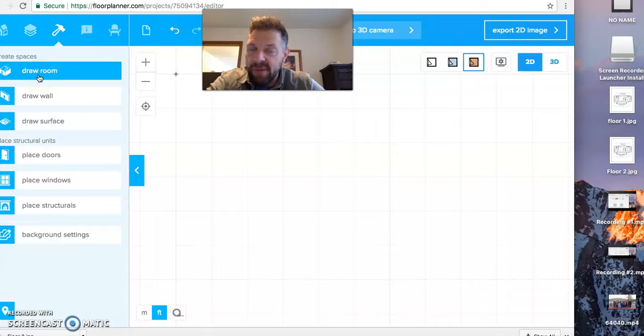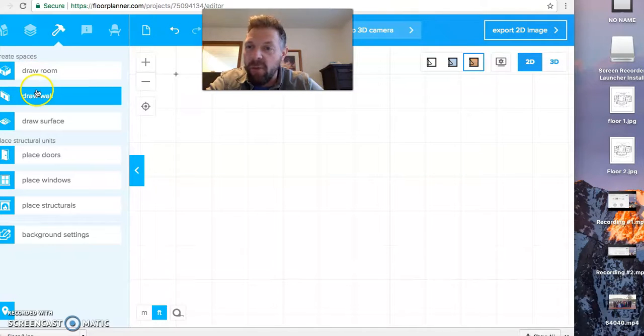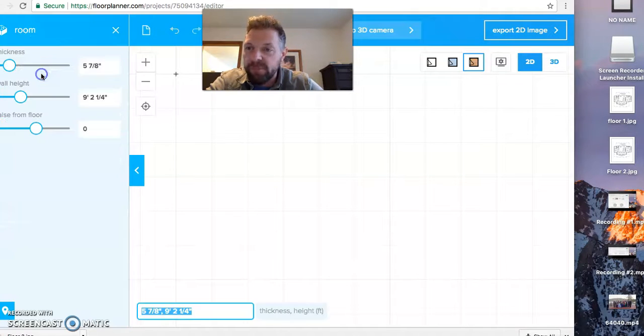So please remember, do me a big favor. Watch this and do this. Either draw wall or draw room. When you click on it, it's going to ask you for thickness, and you're like, thickness of what? Well, the wall thickness of your house. It says it's 5 7/8. So I'm going to keep these little marks right here, those little quotations,